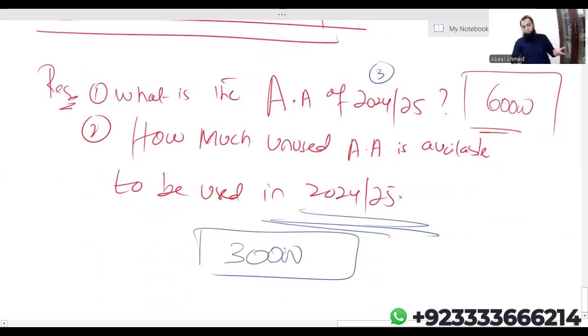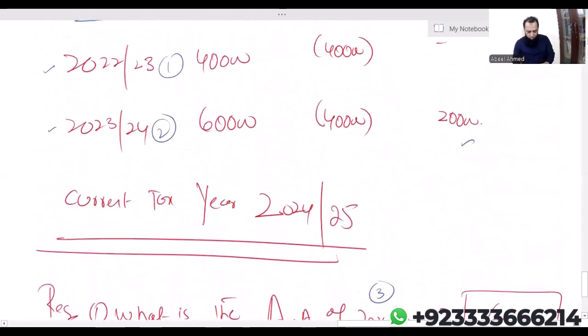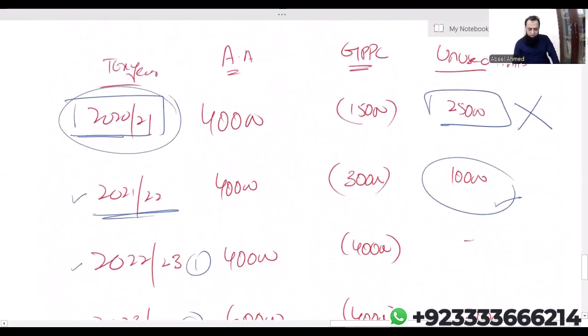Now let me tell you one more thing. How did I get this 30, 10 and 20? Let me clear one more concept. What is not possible? You cannot do this. Some of the students think, okay, sir, this 25, we cannot carry forward to 24-25 because tax year 24-25 is not falling in the next 3 years. But why not? We can carry forward this 25 to tax year 21-22, then 10,000 plus 25 total becomes 35. No, you can't do that.